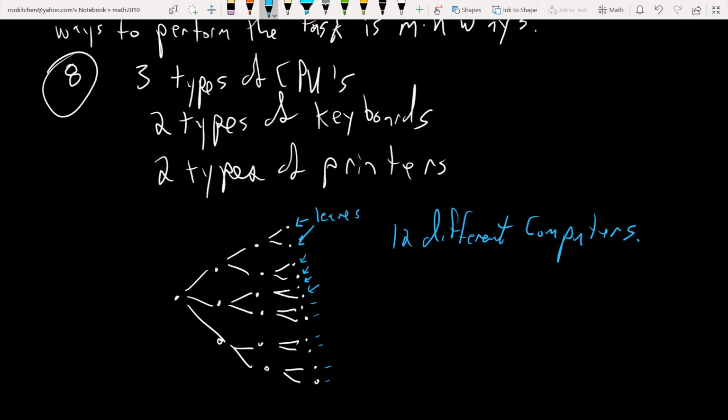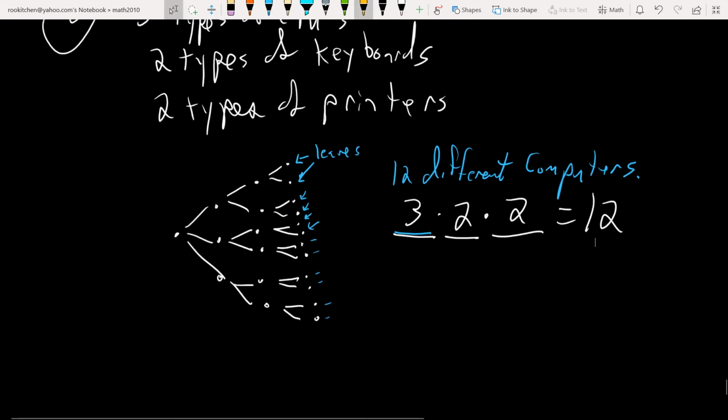The multiplication rule basically just says, and I do it like a slot thing: this is my first task, this is my second task, this is my third task. In the first task, there's 3 different ways to do it. In the second task, there's 2 different ways. In the third task, there's 2 different ways. If you multiply them together, 3 times 2 is 6, times 2, you'll get the same answer. So visually in your mind, you can think of it as a tree, where you're just multiplying each of these